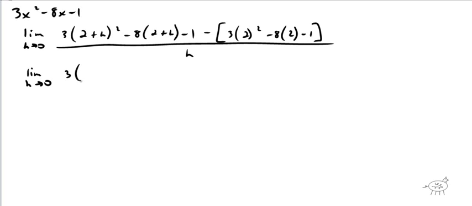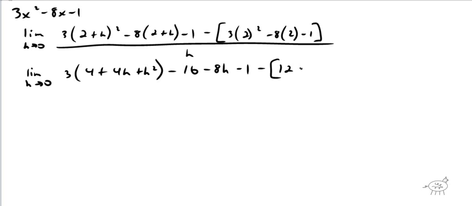And again, showing some work here. So 4 plus 4h plus h squared minus 16 minus 8h minus 1 minus, that's going to give us 2 squared, 4, 12. Oh, here's short. 12 minus 16 minus 1